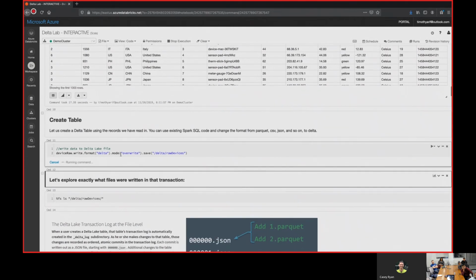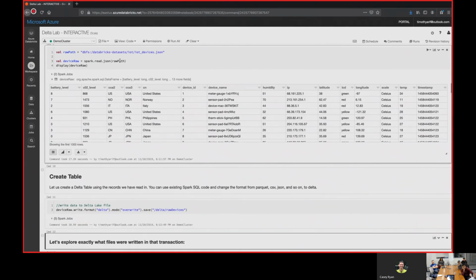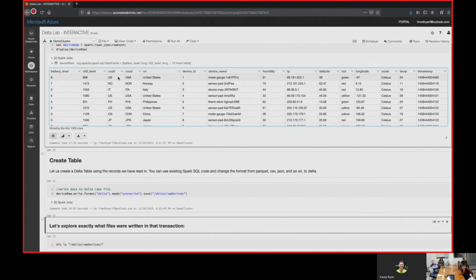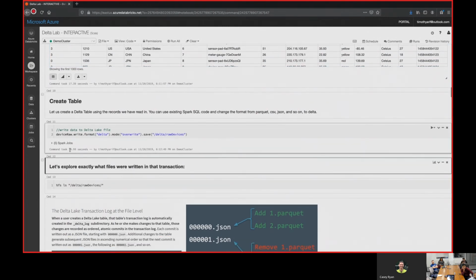So when you read a JSON, it automatically picks up the schema also? Yes. Anytime you're reading a batch, you can infer the schema. Anytime you're reading or writing a stream, you need to explicitly call the schema because it can't peek at the entire file and tell it to you, since it's constantly streaming. Typically, you would want to call out the schemas just so you avoid any errors. In this kind of lab scenario, it's just quicker to not do that, especially since that's not our focal point. Mm-hmm. So now we wrote the format of Delta.